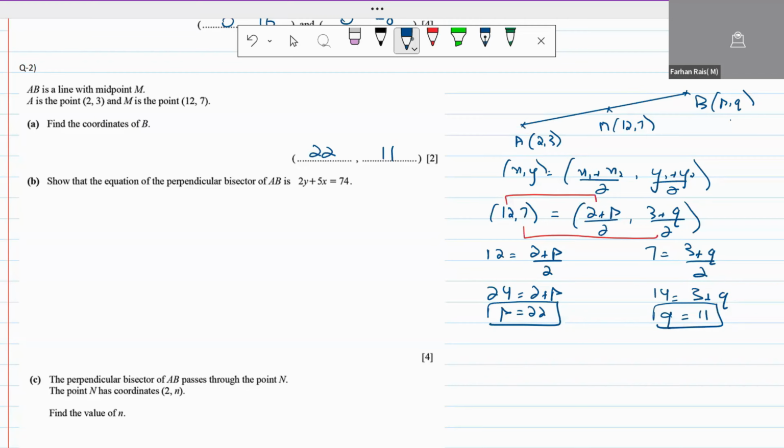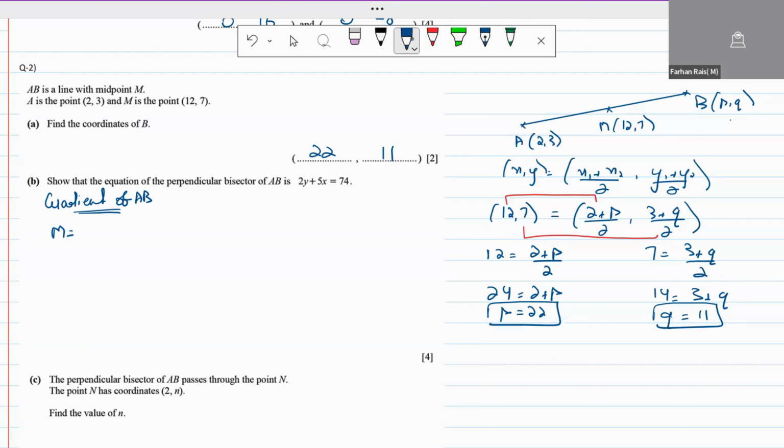Part B, we have to show that the equation of the perpendicular bisector of AB is 2y plus 5x is equal to 74. We have already been given the midpoint for AB, which is 12,7. For a perpendicular bisector, we need to know the midpoint and the gradient. We already have the midpoint, 12,7. So now we'll find the gradient first. The gradient of AB, M is equal to